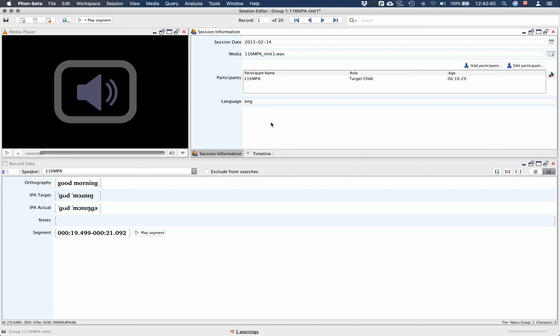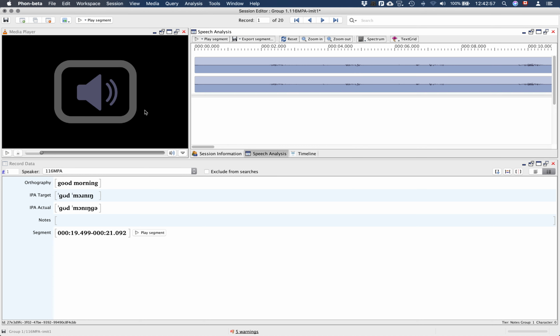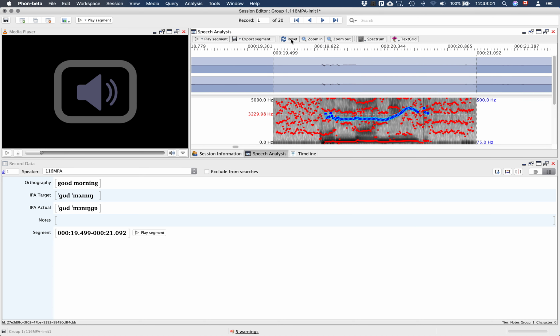In this tutorial, I will cover the essentials of the speech analysis view panel, which is the view panel that connects functions for speech analysis that are connected to the Praat software program. So the first thing I'll do is bring up speech analysis into view. And because it's quite a fancy interface, what I'll do as well is expand my view by clicking